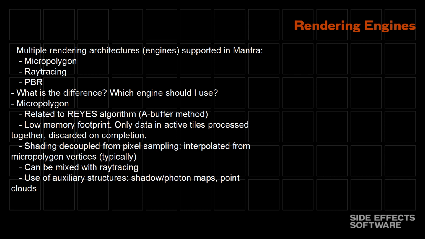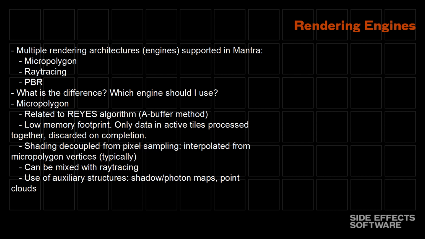Another characteristic of the micropolygon engine is low memory footprint. Because it is dealing in an A-buffer format, only data in the active tiles in the image space are being processed together. And so that means that you don't have a high degree of memory use. You have each tile occupying as much as it needs to in terms of memory overhead, and they are discarded